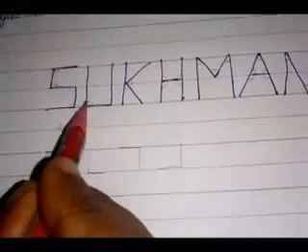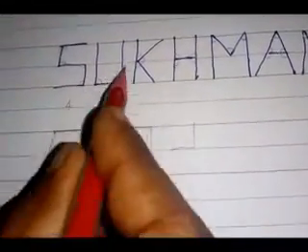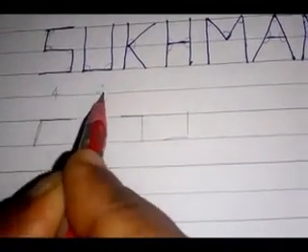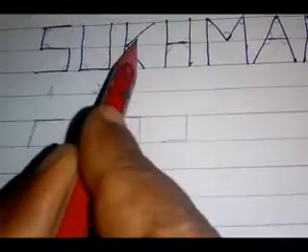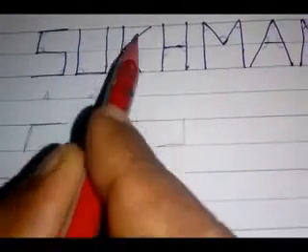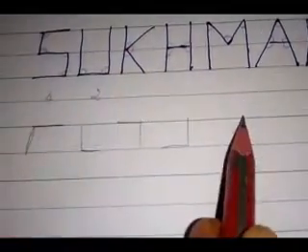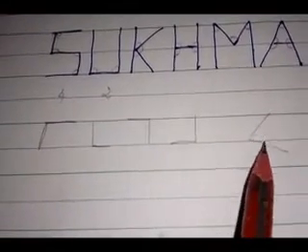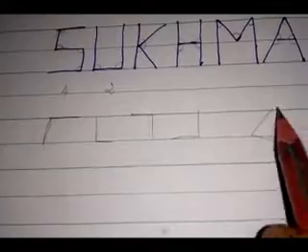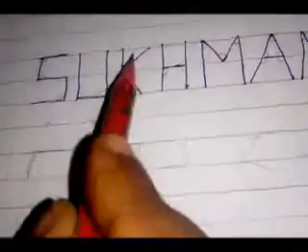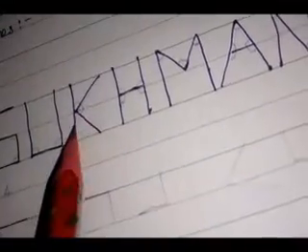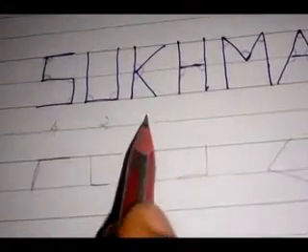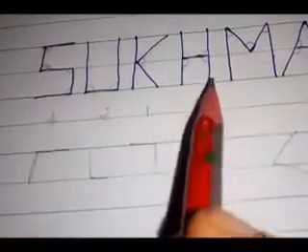Here, next letter. This also is an L shape. This also is an L shape. Then how many angles are right angles? 2 angles. Here, is this an L shape? No. Is this getting an L shape? When we turn this one, you can get this shape. So this is the right angle. This we can't get an L shape. This is not a right angle. How many right angles? 1 right angle.